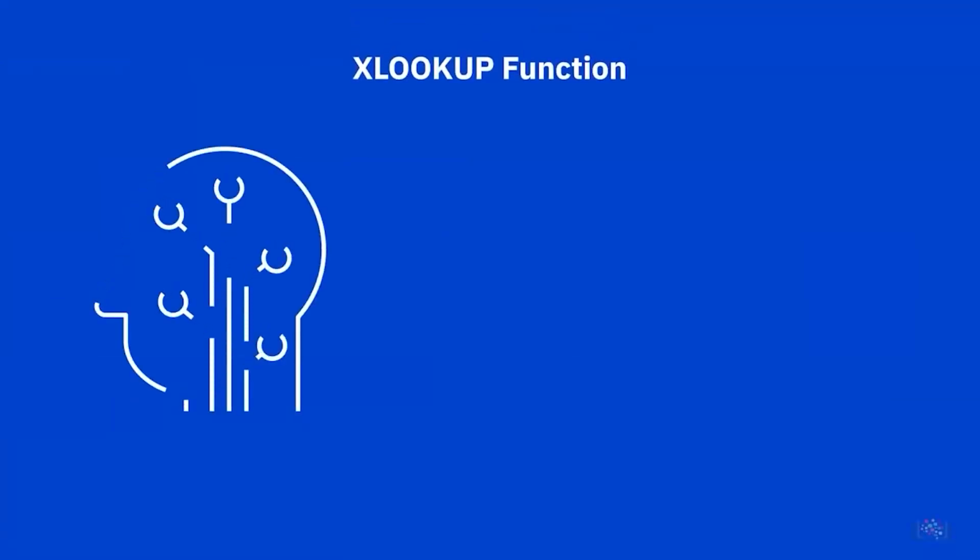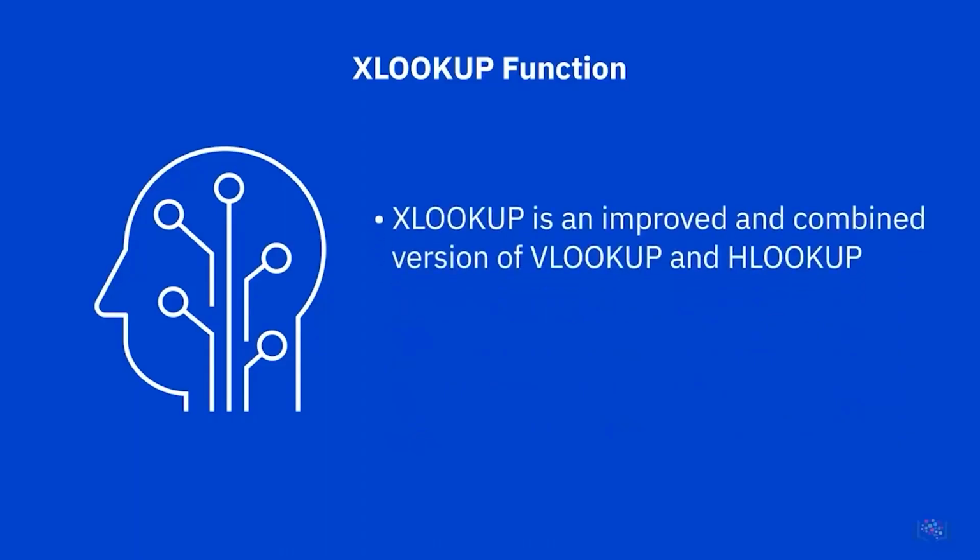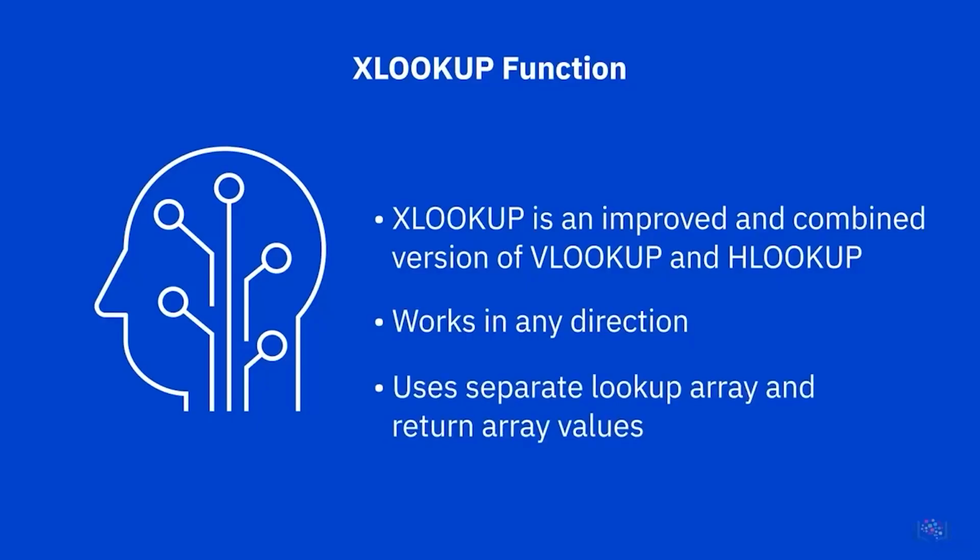Although VLOOKUP and HLOOKUP are regularly still used as the de facto functions for lookup references in Excel, there is a newer function called XLOOKUP. This version is only supported on Excel desktop versions from Excel for Microsoft 365 and on Excel for the web, as well as on Excel for iPad and iPhone and Excel for Android tablets and phones. XLOOKUP is an improved and combined version of VLOOKUP and HLOOKUP together. It can work in any direction, vertically or horizontally. It also uses separate lookup array and return array values, instead of a single table array and a column or